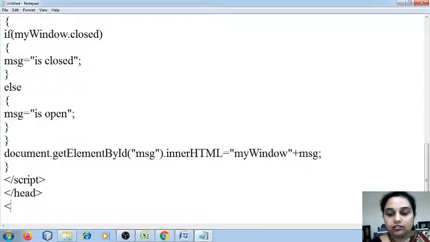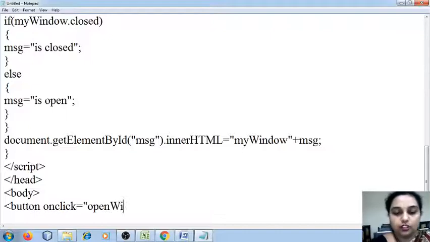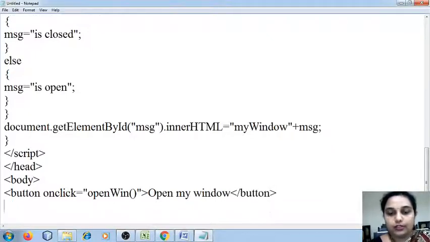Now next I'm going to close the script tag and the head tag, and then start with the body tag. Now I'm going to define three clickable buttons for the three respective functions. Button onclick, function name openWin, that is for opening a window, labeled open my window, and then close the button.